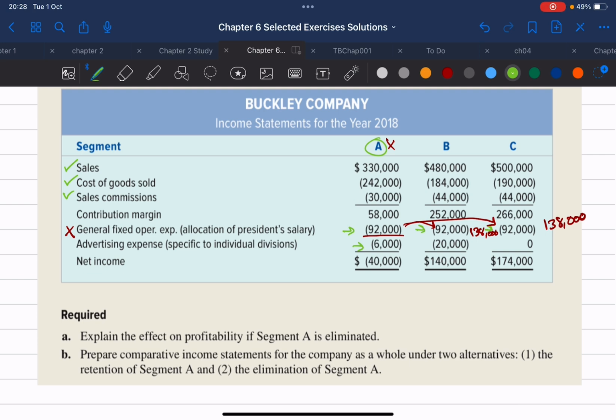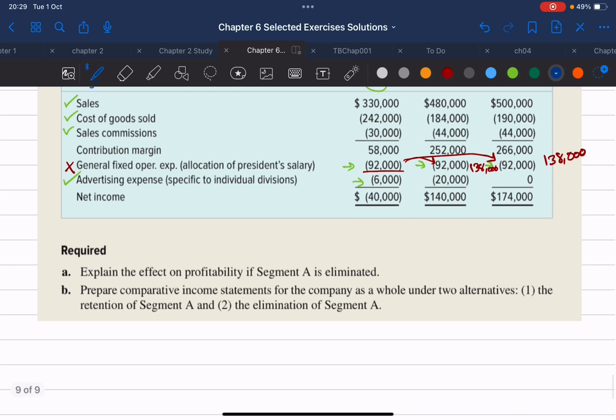If we keep segment A, we're going to spend 6,000 on our advertising expenses. If we eliminate segment A, we're not going to spend that 6,000. Okay, so that is also relevant. So as you can see, the only irrelevant cost here is the allocation of the president's salary, which the company's accountants are incorporating into general fixed operational expenses. Okay, so let's go ahead